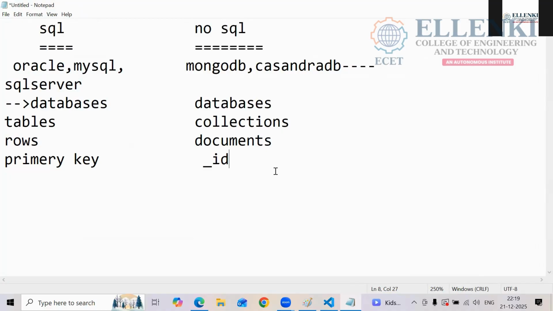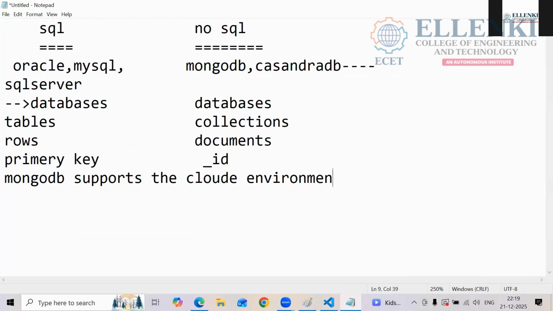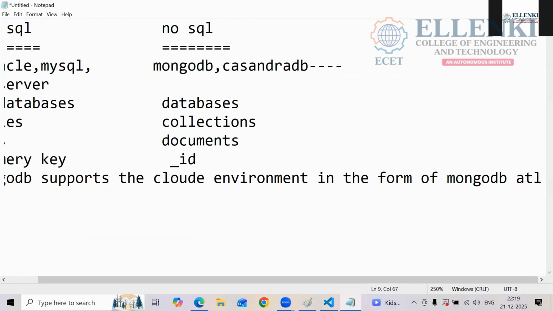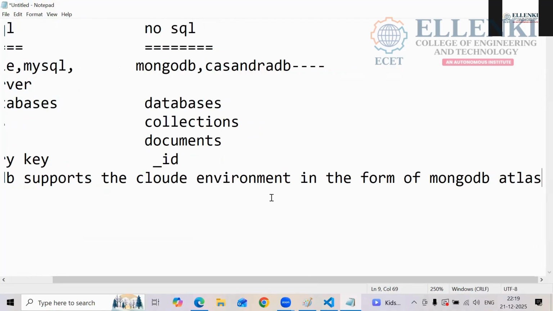And this MongoDB supports the cloud environment in the form of MongoDB Atlas, where you can create the data.